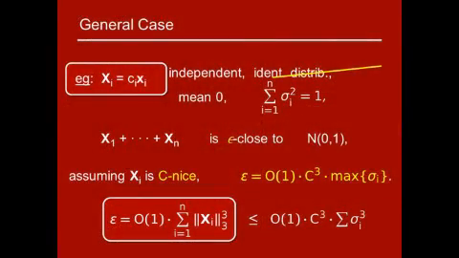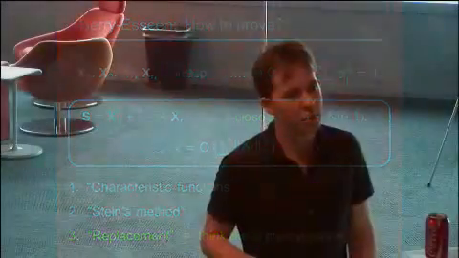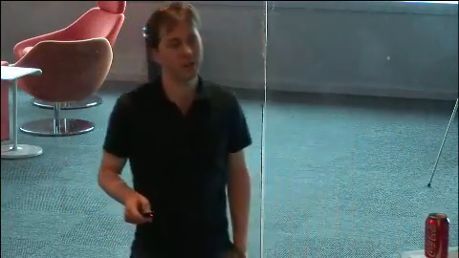Great, so that's the statement, and now we will try to prove it. Remember the setup: independent random variables, sum of the variances is 1. I'll write S for the sum of x1 through xn, and we want to show this is epsilon close to a Gaussian when epsilon is this quantity. So you need the 3 in that? Yeah, in the proof we're going to give, you need the 3. Okay, any other questions?